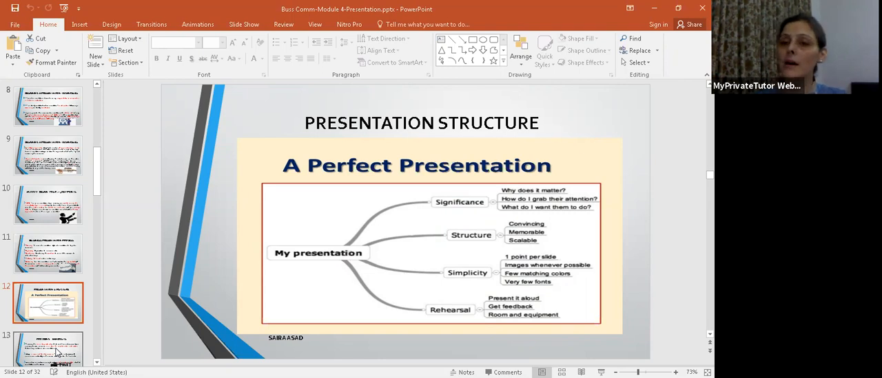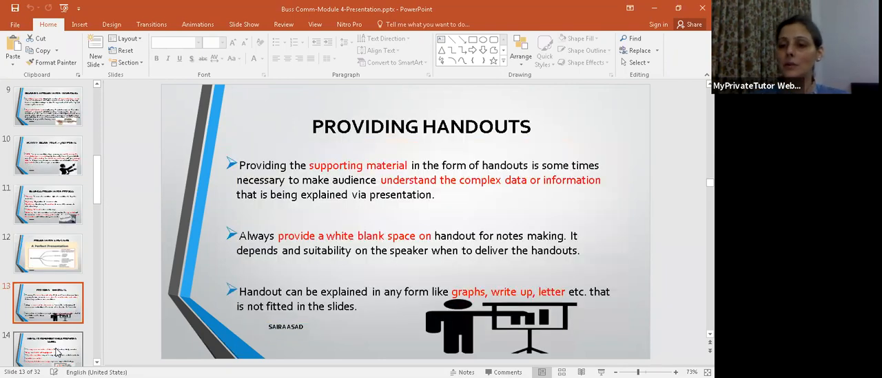Room and equipment: you should be aware of where you're going to present, and you should be fully equipped for that. Take along your laptop. Be prepared as you would for a test. I always treat it like a real presentation, and am always ready to get feedback and present with confidence. Providing supporting material in the form of handouts is sometimes necessary to make